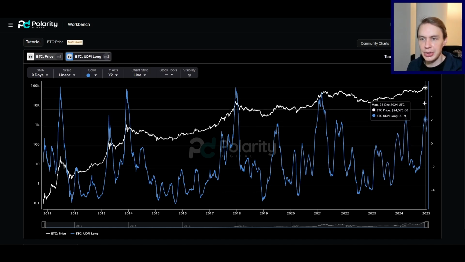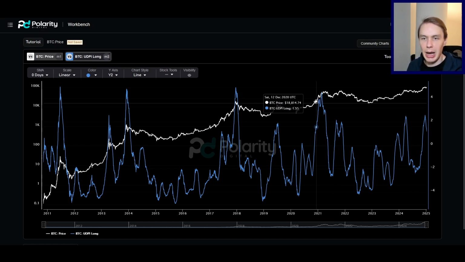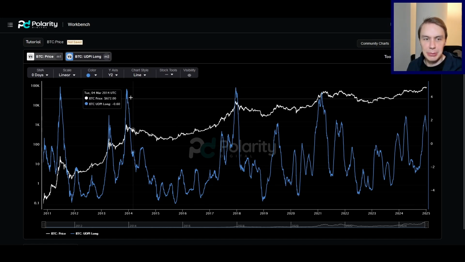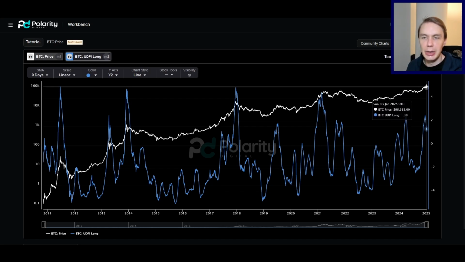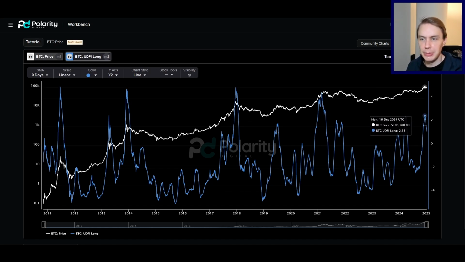If we had rallied just straight off from here further up, we probably would have seen a cycle top that was not nearly as high as a lot of what people would like. That tends to be what happens when you get to those levels. That tends to be where the cycle top forms, and there just wasn't that much more upside potential that existed at this current level. It would have been a disappointing end of the cycle for a lot of people.